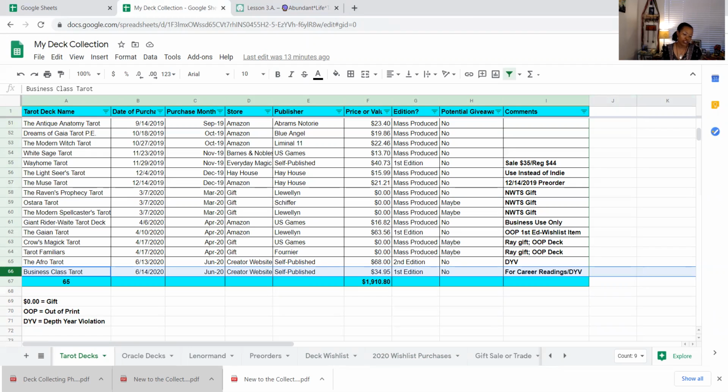Okay, so what are some challenges to wish lists? We talked about it before, the accessibility thing. And then also being honest with yourself. And also, not every deck is going to make your wish list, and that's okay. There'll be times where I'm like, I could have sworn I put that on my wish list, and I didn't. Am I going to beat myself up over that? No. And am I going to put every single deck on my wish list? No, probably not. But the takeaway from a wish list, if you're working it regularly, is over time your taste will form. You will have a good discerning eye on the things you're adding to your collection.